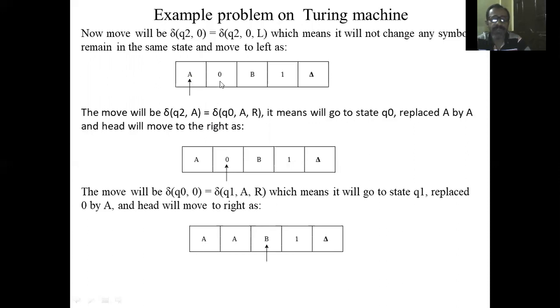Then move right by one cell and start with the initial state again. So here we are oscillating between Q0, Q1 and Q2 until changing all zeros and ones. Once you reach the first 0 from the right, left unchanged, then again the same operations we need to repeat. So delta of Q0 on 0 is Q1, replace this 0 with capital A and move right by one cell.